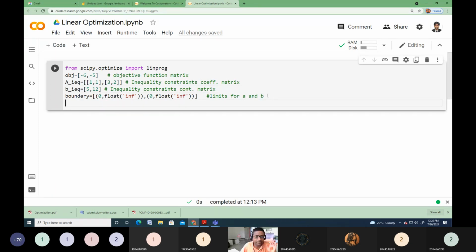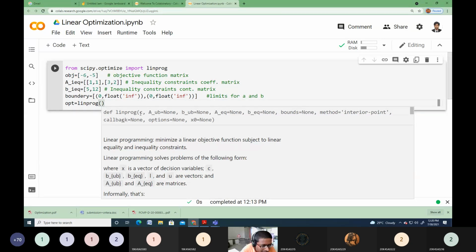Once we have defined all the things, now you have to call this linprog function or linprog method. It will result in the solution. You have to hold that solution, hold those values. So I'm creating one variable called OPT. You can give any name. It will hold the values returned by this function or method. This function will give some outputs, and those outputs will be held by the variable OPT. That's equal to linprog.